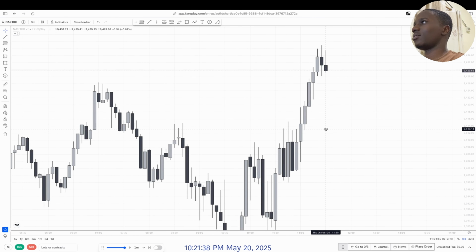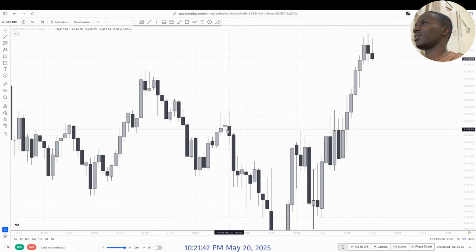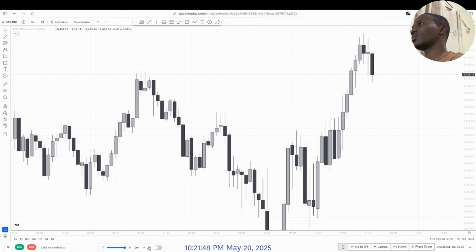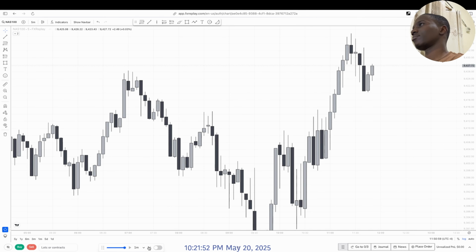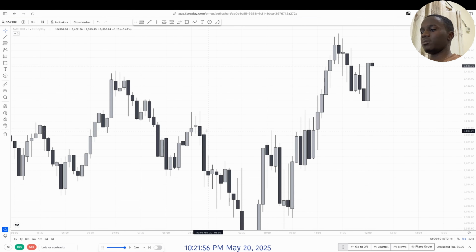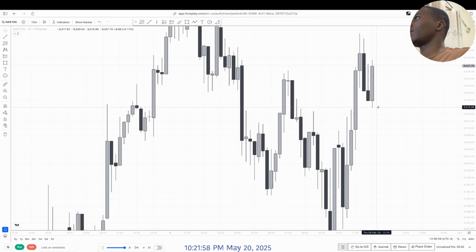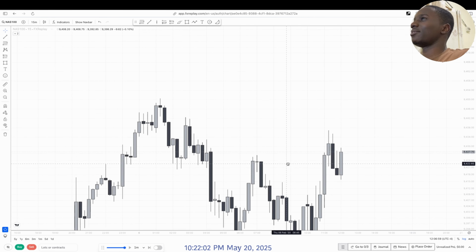So the next, there's no fair value gap. Maybe we can use this breaker or this one or this order block, but we will need some reasons to push higher. Maybe the market will give some reasons. Let's see. Whoa. 15-minute fair value gap, good entry.